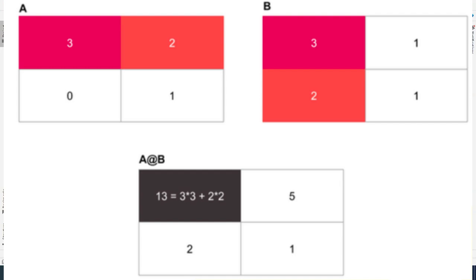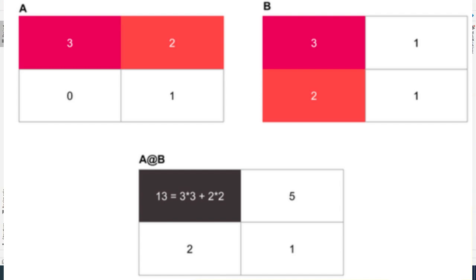And we will add the result of multiplying the first row of the first array with the second column of the second array.